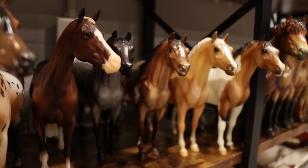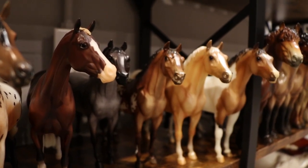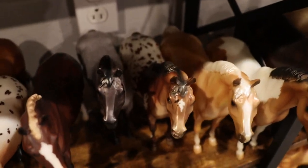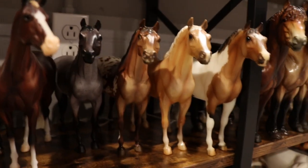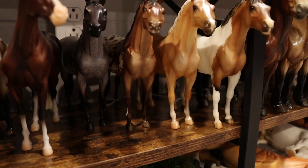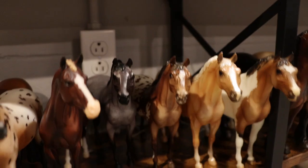And next we have a combined pony shelf that is one of the other reasons why I truly do need another shelving unit. We have all of my POAs. I've got the lovely Kandinsky, who is a new addition for me. She is a connoisseur. And next to her, the Blue Roan Pippin was a UK exclusive, also a new addition to the herd. I've been wanting both of them for quite some time, so I was happy to add them